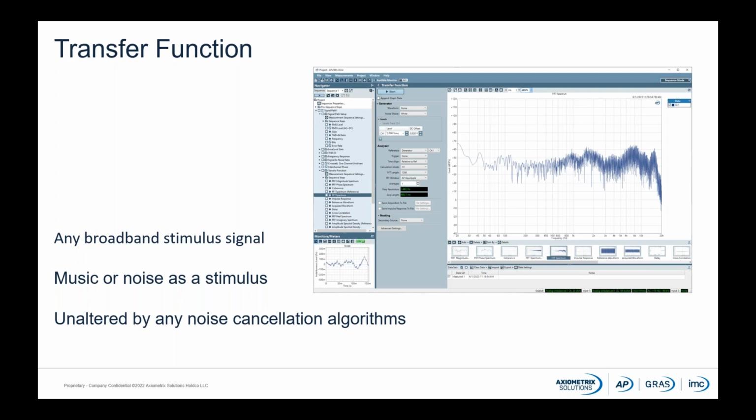Transfer function analysis can also be used for the output signal path of a smart speaker using music or noise as the stimulus. To avoid reflections, an anechoic chamber should be used when making electroacoustic measurements, unless you're using the acoustic response measurement with time windowing to gate out the reflections.